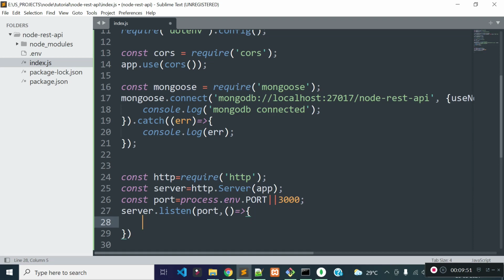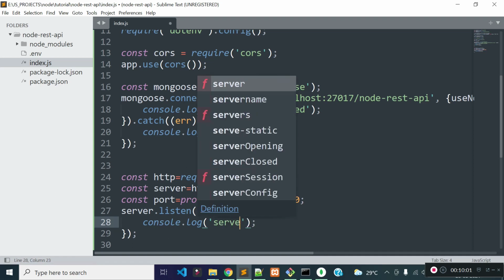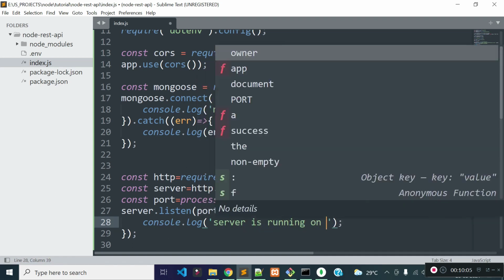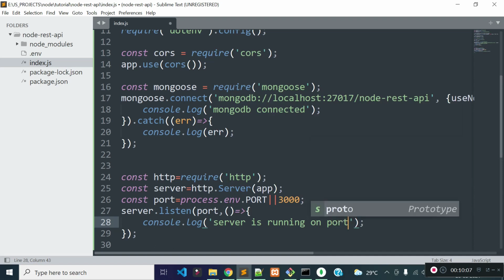and whenever our server runs, we'll print a message: server is running on port, localhost and then the port name.